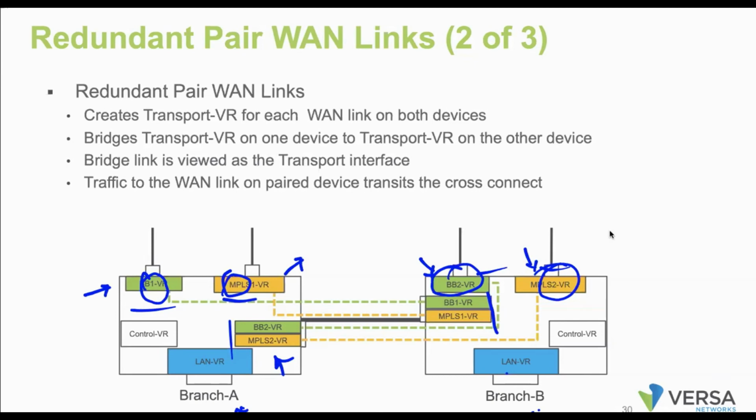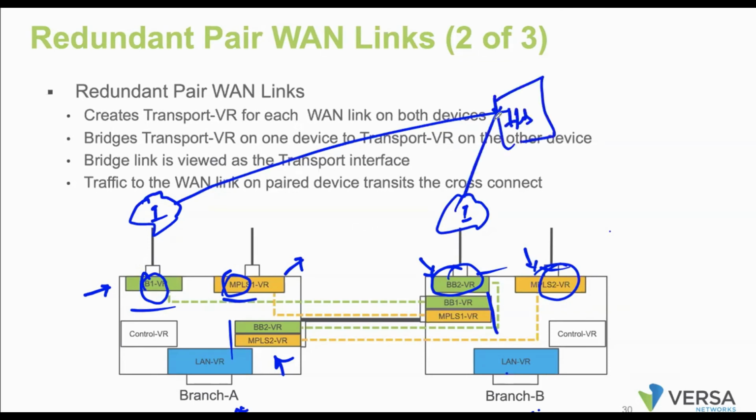So it is going to utilize all the 4 links. For example, this is my internet link. Assume that I have a connection towards the hub. Even the hub is also running 2 internet links. For example, I am doing SD-WAN policies. I mentioned that whichever link has less latency, let's try to use that link. Maybe at that moment, this link may have less latency compared to this link. So the traffic may use this broadband cross connect, and from here it may reach towards the internet. So from this branch perspective, it has a total of 4 WAN transports.